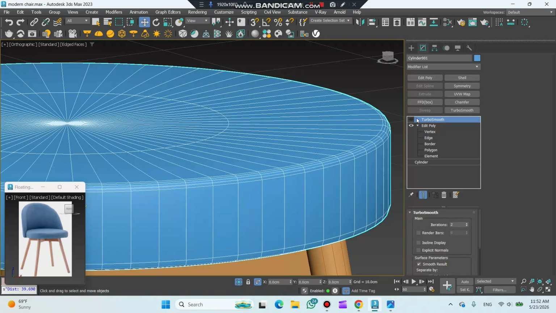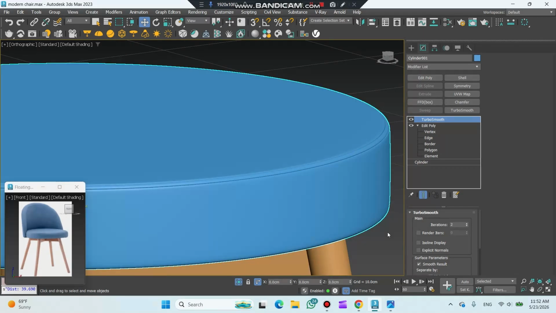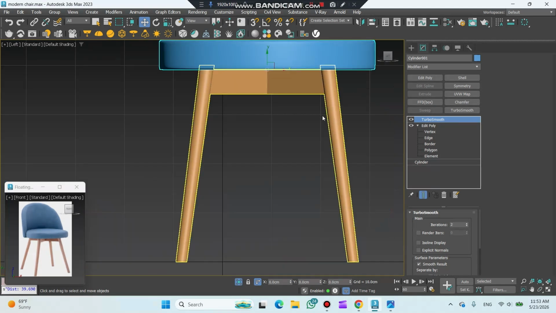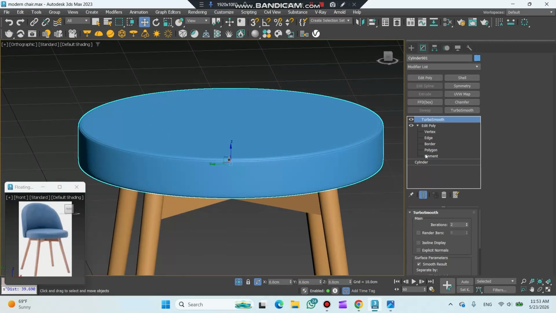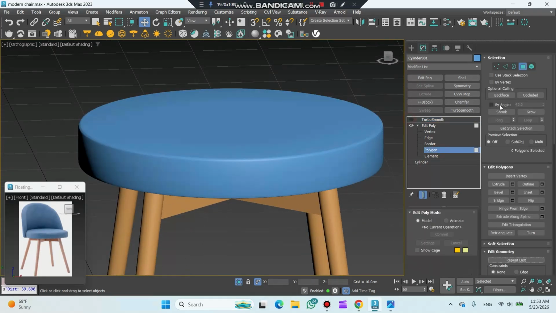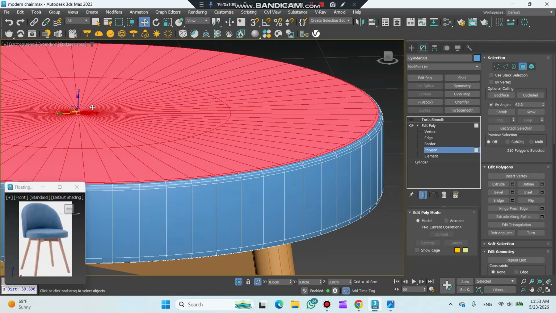Now I will add turbo smooth, like this. Now I need to make this surface upward, like more volume, because now it looks flat. I will select the polygons by angle, and here I need only to select the flat ones. I will click on shrink, then I will use here the offset toolbar, like I will move it upward half centi,